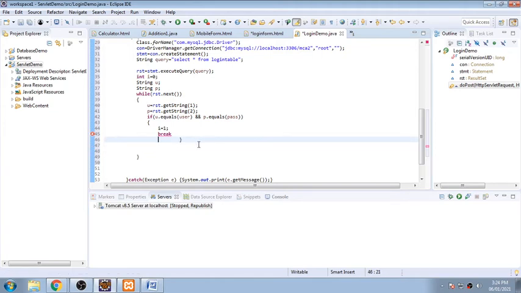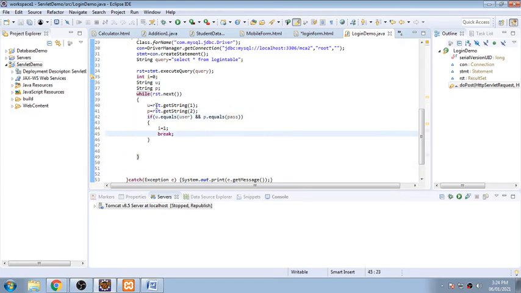So as soon as it receives it, it will be breaking those things. The loop will be broken if it receives the username and password, and it will move out of this loop.